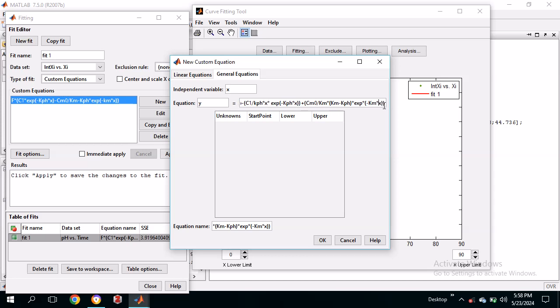There's an error, so we have to rewrite the equation again. Let's see where the error is coming from. So this part is correct. So the issue is now from where? Okay. Yes, plus